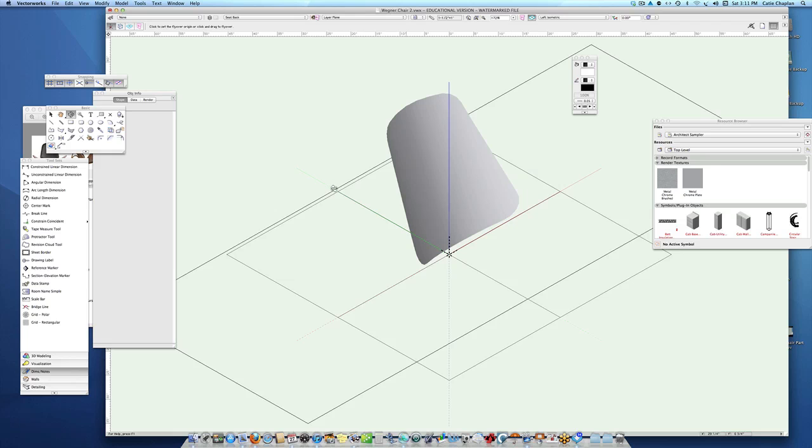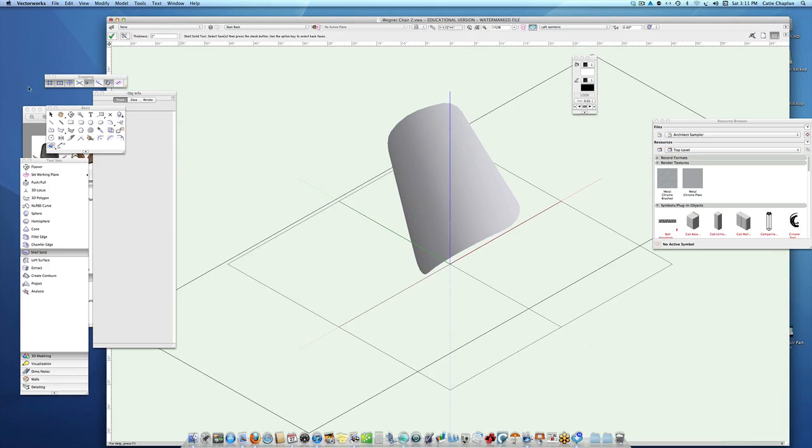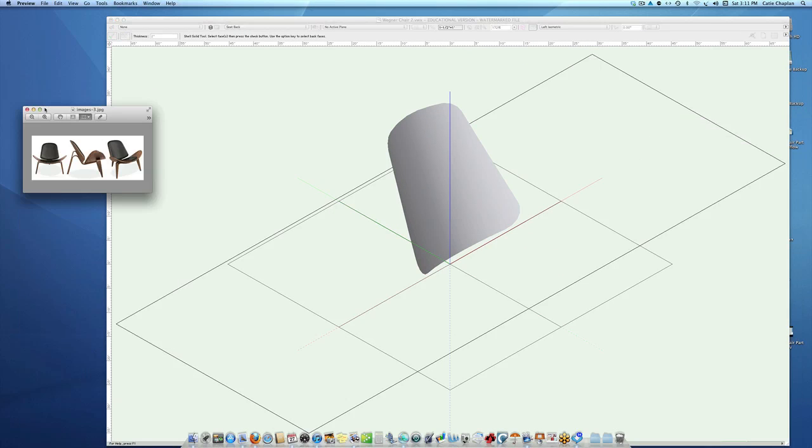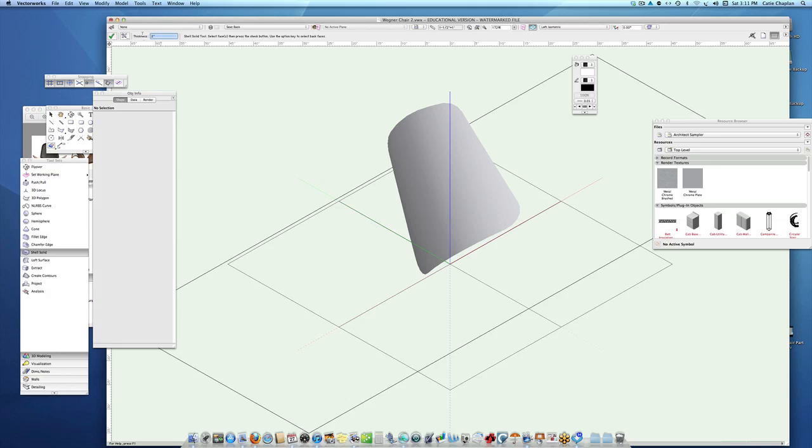And what we need to do now is give it a thickness. Right now it's just a surface. It's a curved surface, but there's no thickness to it. So we select the object. Well, you don't have to select the object. We need to select the shell solid tool. And let's see how thick this is. Let's give it a 1.5 inch